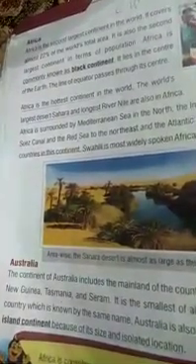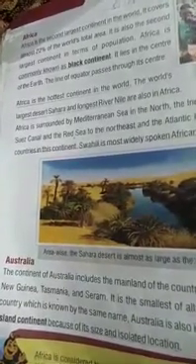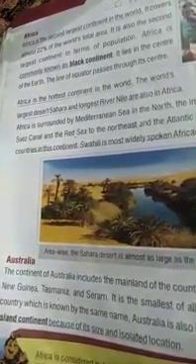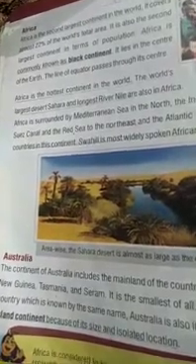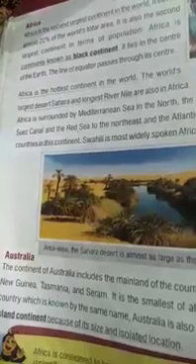Australia, the name of the continent is Australia, and one of its countries is also named Australia. So the continent and the country have the same name. Although it's a small continent, economically it's quite developed, and it's the 12th largest economy in the world.